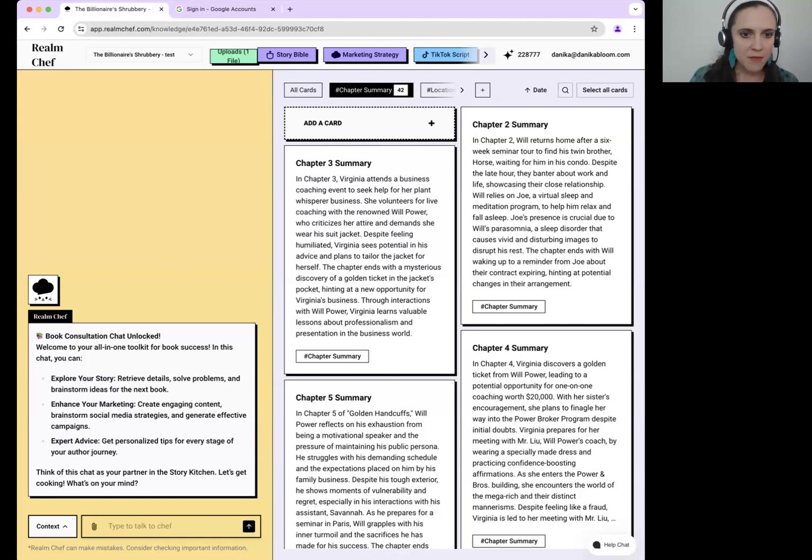Oh yes, there's been talk about story Bibles, just how long it takes and what a long and arduous process it is. And this was done in roughly 3 minutes. Exactly. Yes. All right. So this can be helpful to go back through the chapter summaries and also the timeline